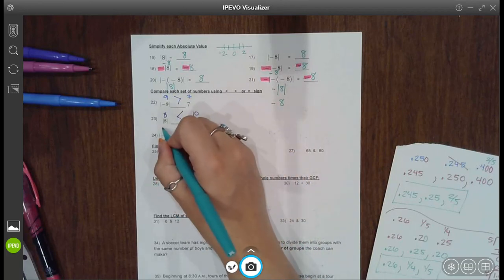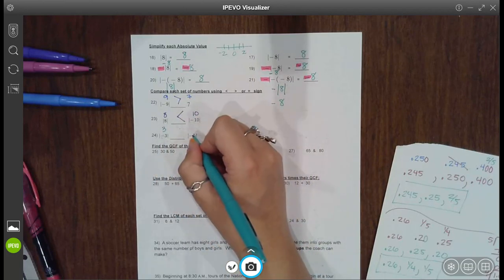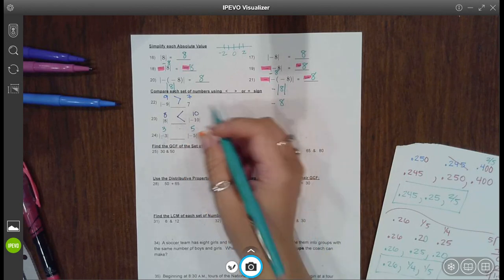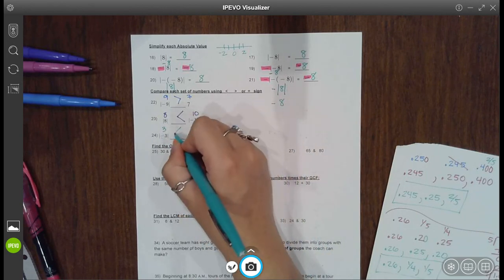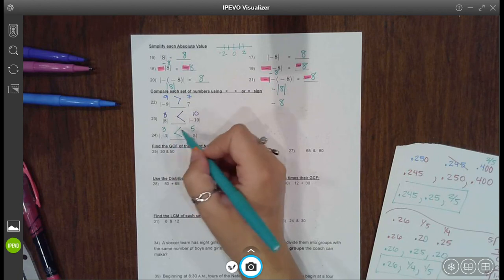What's the absolute value of negative 3? A 3. What's the absolute value of negative 5? A 5. What's bigger, 3 or 5? 5 is. So 3 is less than